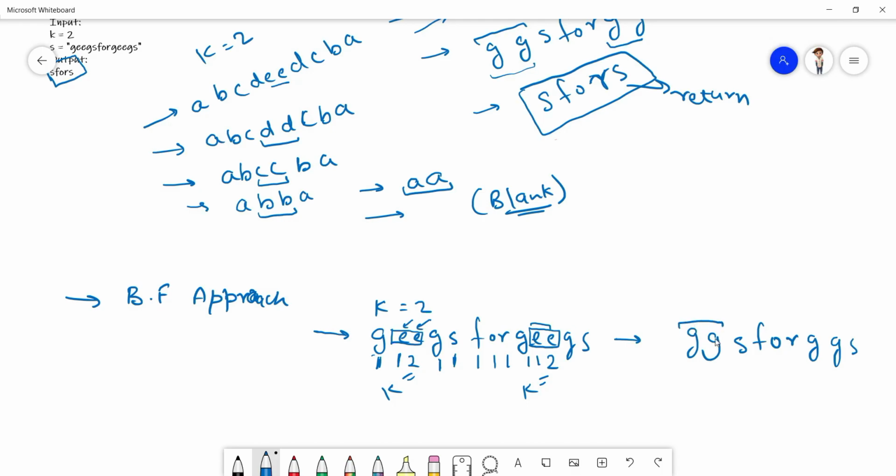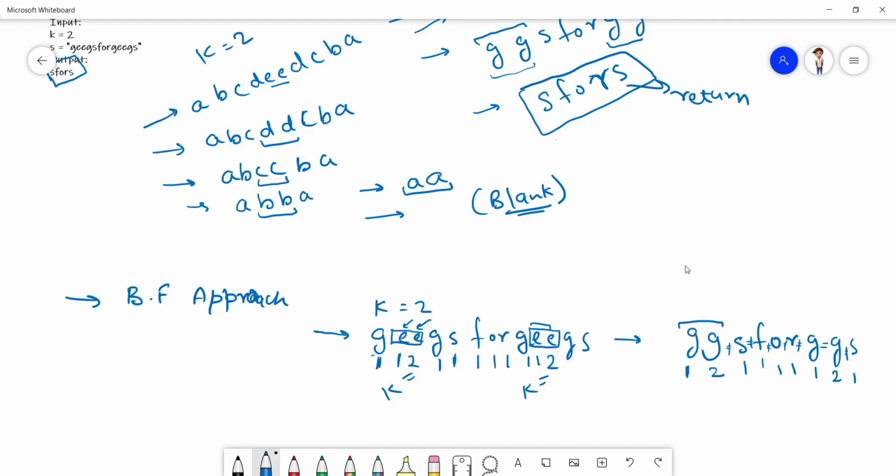Now the count is 1. Now we see that the consecutive count has been increased to 2, but now this is not equal to this, so the count is 1 again. Same case over here, same case over here. Now we see that the count has been increased to 2 and this is not equal to this, therefore the count is again 1, right?